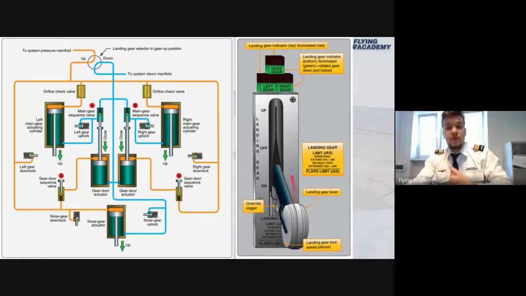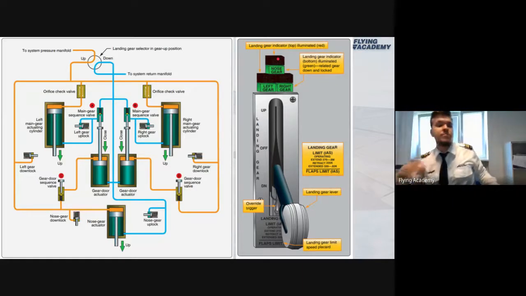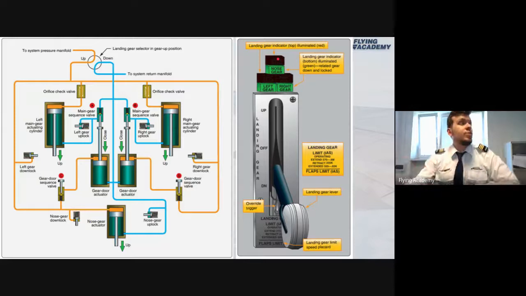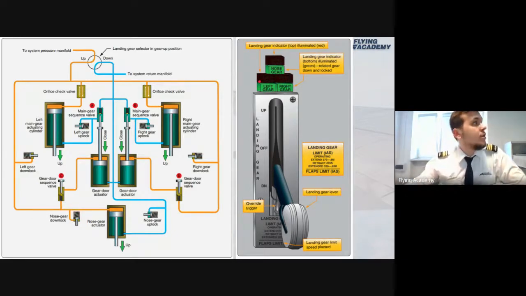So I move the selector up. All green lights will switch off because the landing gear is no longer in a down position, and I will have 3 red indicators which will represent that my landing gears are not in a proper position. Then my landing gears will finally retract, and these red warning lights will inhibit or switch off.